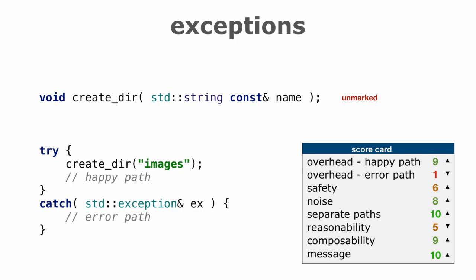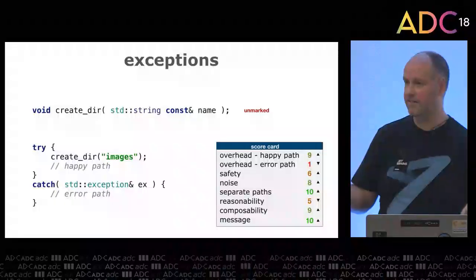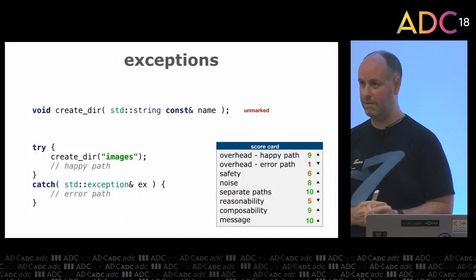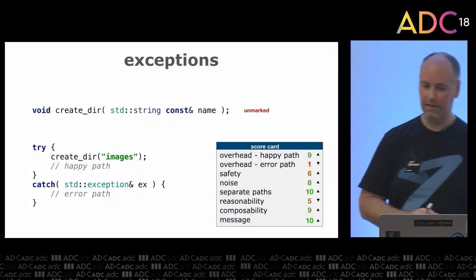So overhead on the happy path is actually really good. Maybe even a 10. There is a fixed, constant overhead from using exceptions at all. Once you've paid that, you don't really pay any per call cost for exceptions, unless an exception occurs. And then it's really bad. We saw the figures at the beginning. I'm not going to go into that again. But safer to use, because if an exception occurs, it doesn't catch it at compile time, but at runtime you're going to find out pretty quickly.